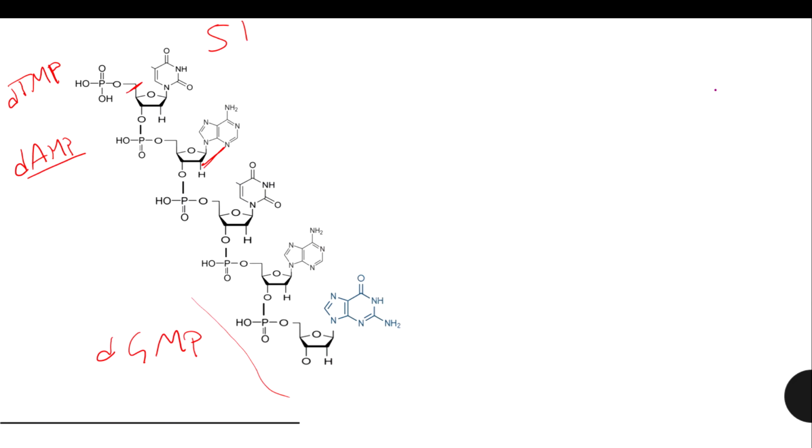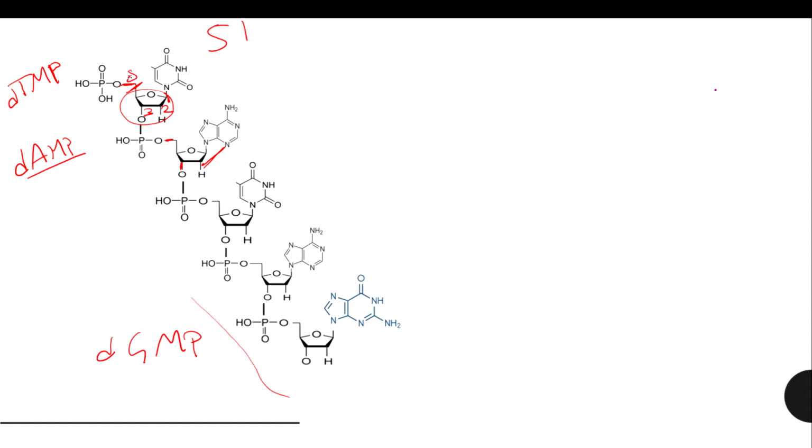So what is this 5 and 3? Coming to the ribose, this is the first carbon, which is already attached to the nitrogenous base. The second carbon has a role here as deoxy, and the third carbon is attached to the phosphate, and the fifth carbon is also attached to the phosphate. In this case the fifth carbon is set free, whereas in this condition the fifth carbon is attached to another phosphate and the third carbon to the other phosphate. This is continuous like this, right?